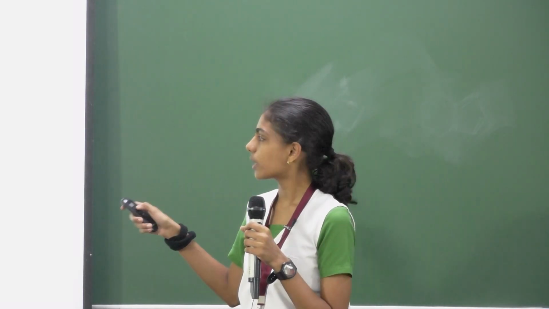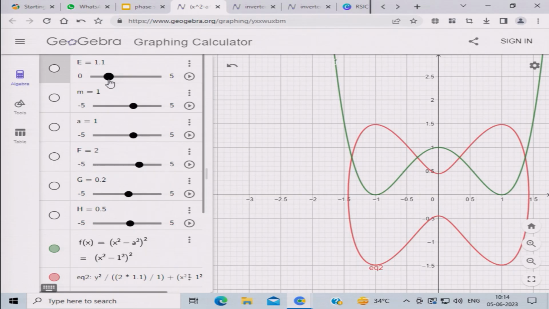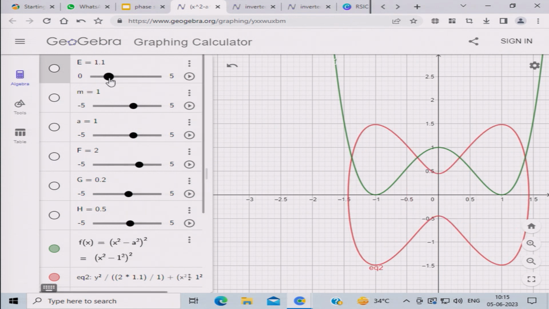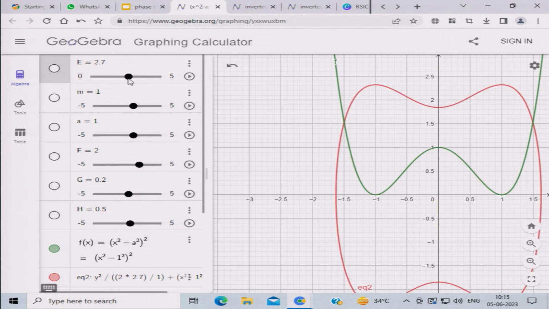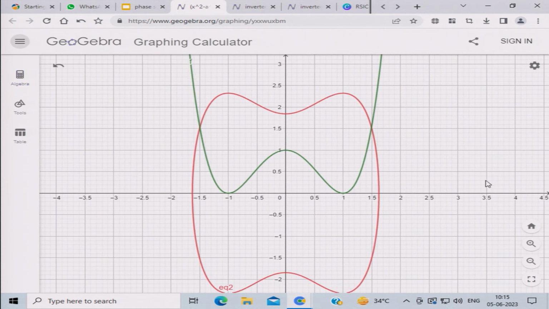And then we'll see the case where E is equal to a to the power 4. So when E is equal to a to the power 4, we know that x will be equal to 0, right? So that will mean that the velocity there is also 0. Yeah. So you can see that they tend to the center and intersect there, and they form an infinity symbol. And as the total energy goes more than a to the power 4, you'll see that it forms a kind of periodic motion again, which forms a closed